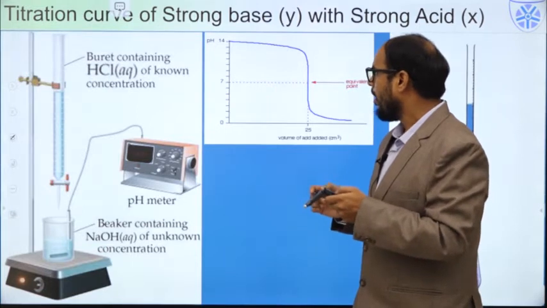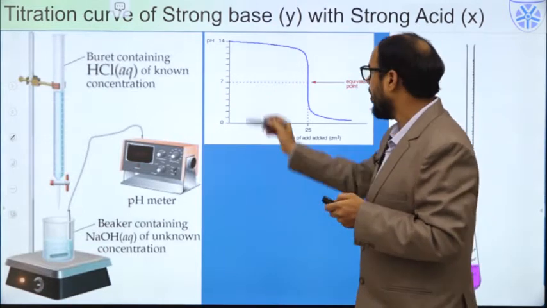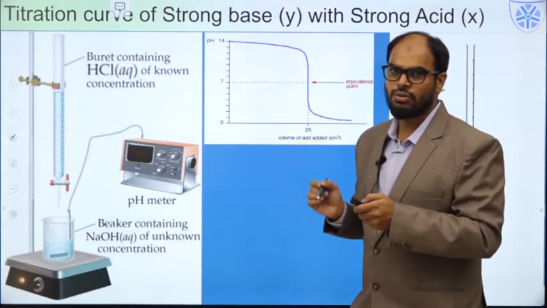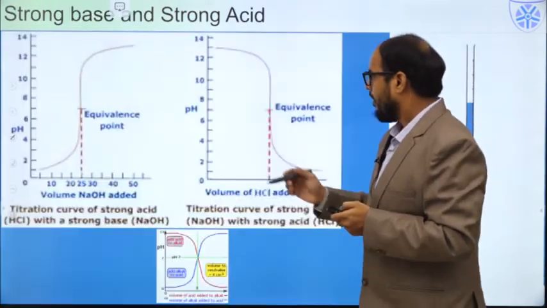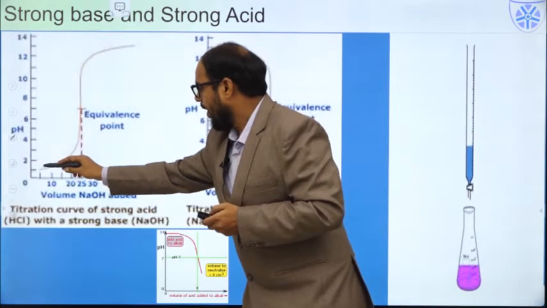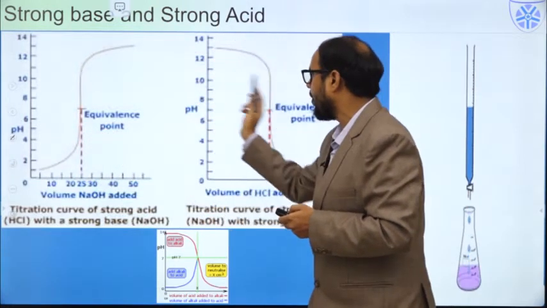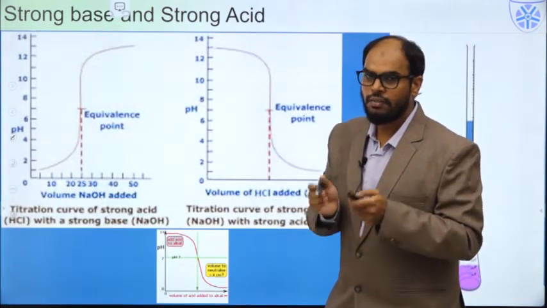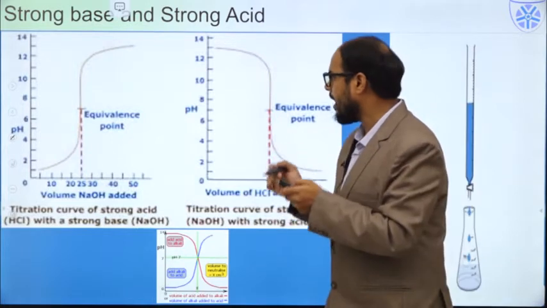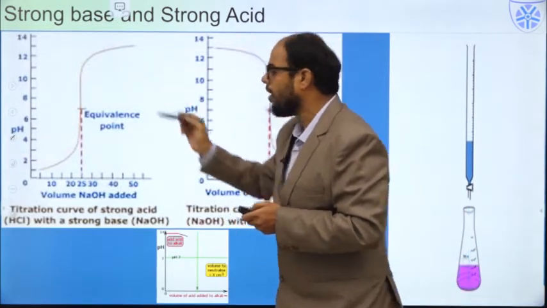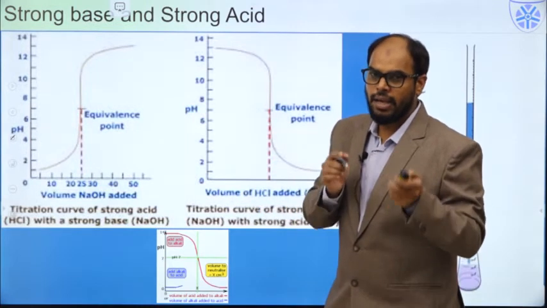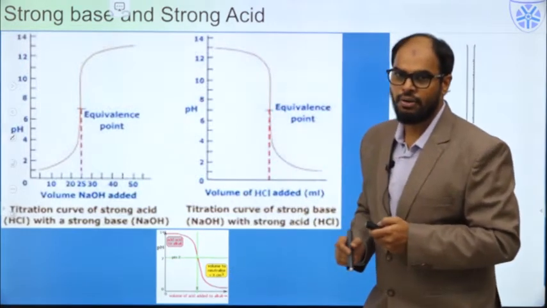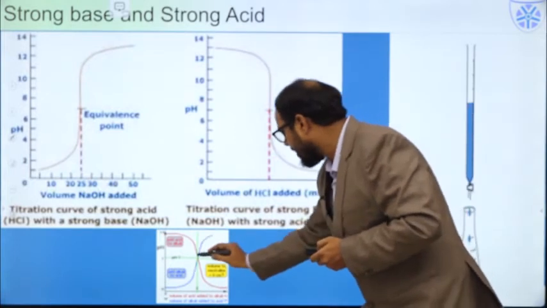When you check the titration curve, or the graph of pH versus volume of acid added, the graph is exactly inverse to the graph we observed in the previous case. We can say that for an acid base titration, we can have two different kinds of titration curve based on the analyte used. If we take an acid as the analyte, we get a graph of this shape. If we take a base as the analyte, we get a graph of this kind. Both the graphs are complementary to each other, where the equivalence point is exactly 7.